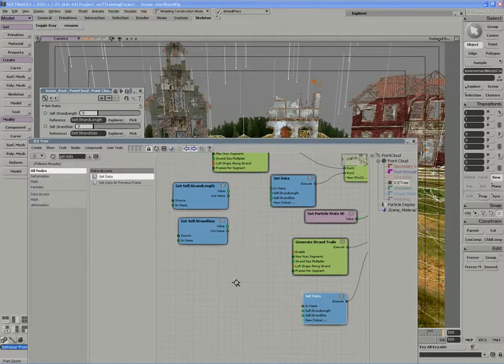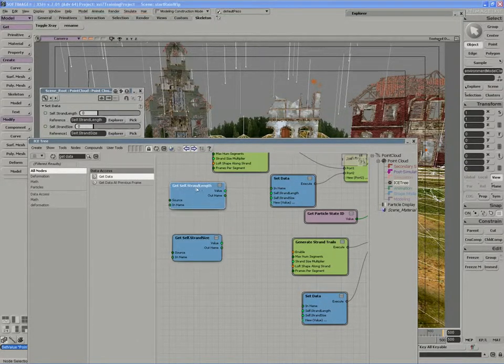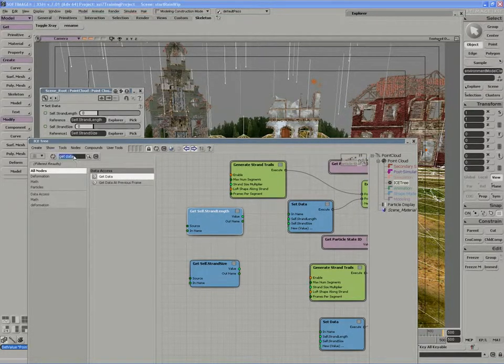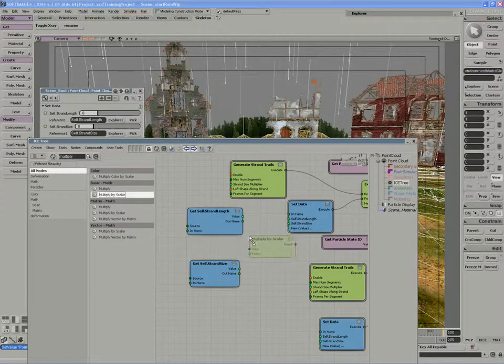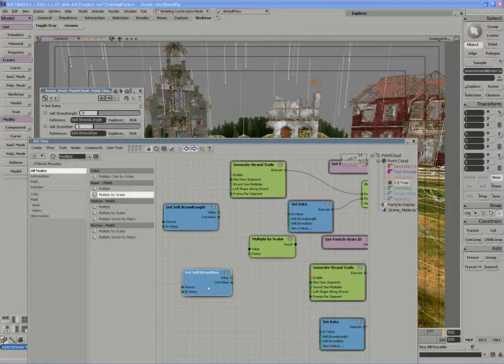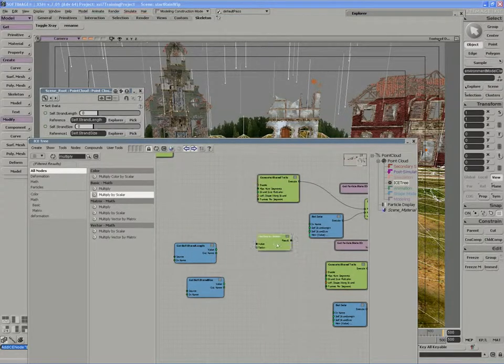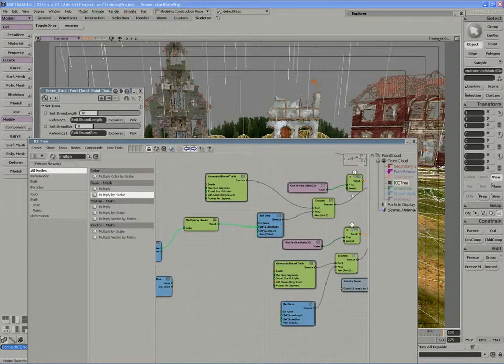And there. I'll now go in and multiply these initial values that have been set in the create strands node or compound by multiplying them per state ID. So I can actually reuse these a few times if I really wanted to. I could do something like this where I take my strand length and multiply it for the state ID 0,